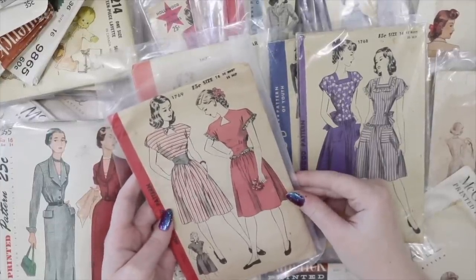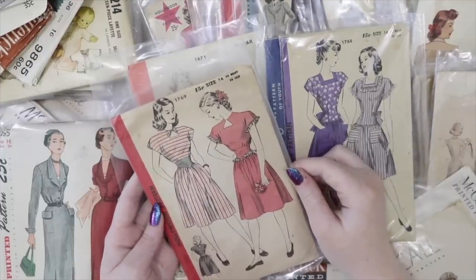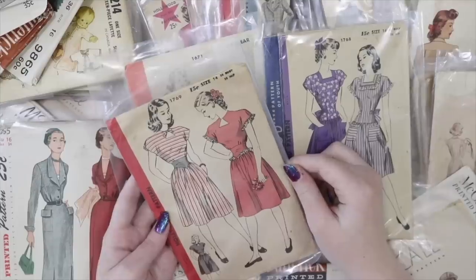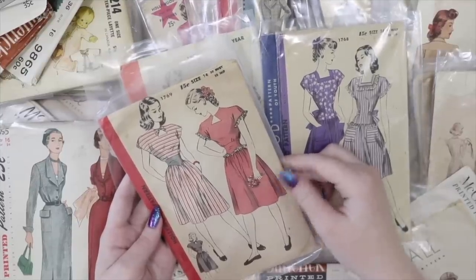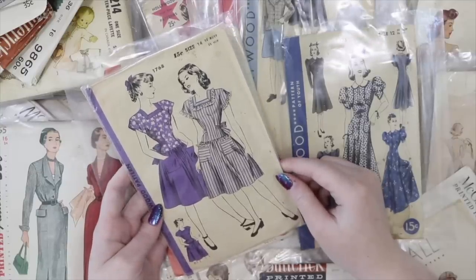This is in a size 14. We've got this really interesting kind of cutout triangle neckline here, and this one's in a size 14. You've got a large waistband with a basque waist and a gathered skirt. I have a pattern very similar to this for another lot, and it's fitted with ties, and then you have